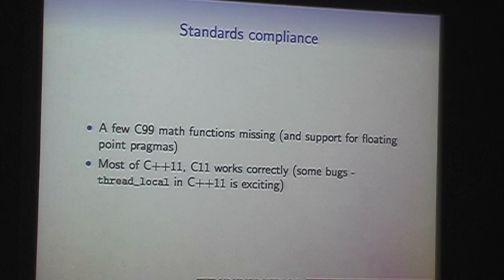That's usually what happens with the floating point stuff. C++11 and C11 is basically there. We have mostly full support for both. There are a few little limitations. Thread local is a new keyword in C++11 because they like just reusing identifiers for new keywords in C++ because no one has any legacy C++ code, so it's totally fine.